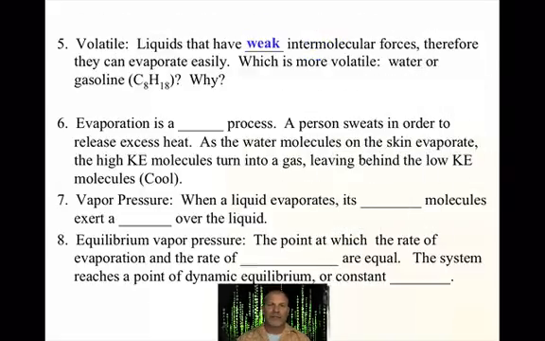Key word in this next part is volatile, and by definition it means liquids have weak intermolecular forces, therefore they can evaporate easily. If you have a liquid that changes from a liquid to a gas very easily, it's referred to as volatile. Now, key understanding is that something that is volatile is flammable, because the state of matter that actually burns of anything is the gaseous state. So something that can change from a liquid to a gas very easily, producing a lot of gas,